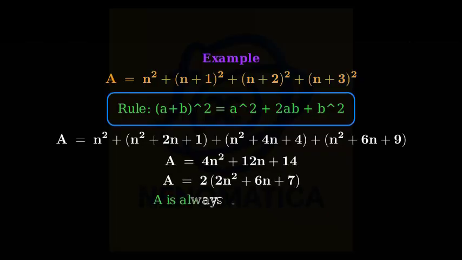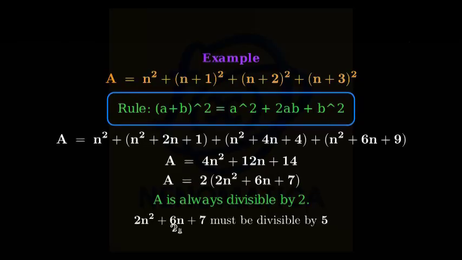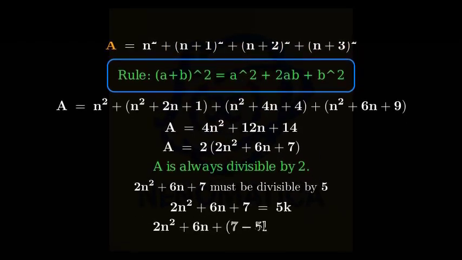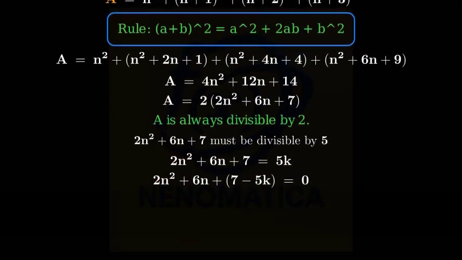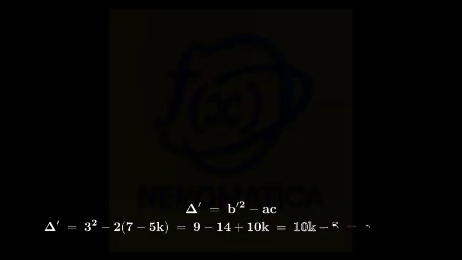We get 4n² + 12n + 14. Now factor out 2 to prepare a divisibility argument. Therefore, A will be divisible by 10 if and only if the factor 2n² + 6n + 7 is divisible by 5. Let that factor equal 5k, where k is an integer. We now treat this as a quadratic in n. Using the reduced discriminant method, with a equal to 2 and b prime equal to 3, the reduced discriminant delta prime